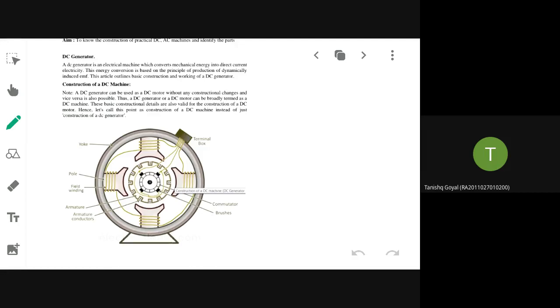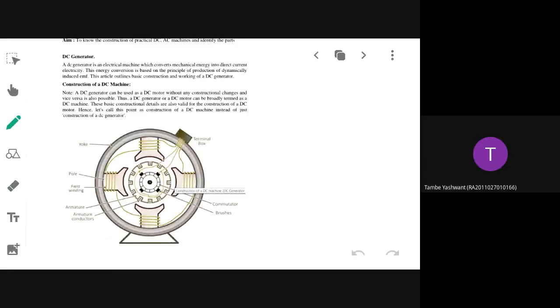Series and compound, those come under self-excited or separately excited. Self-excited, ma'am. Okay, then under compound, what are the classifications that you are having? Ma'am, cumulative short shunt, differential long shunt, and cumulative or differential. Cumulative short and differential, long shunt and short shunt. So what are the various constructional parts that are present inside the machine?